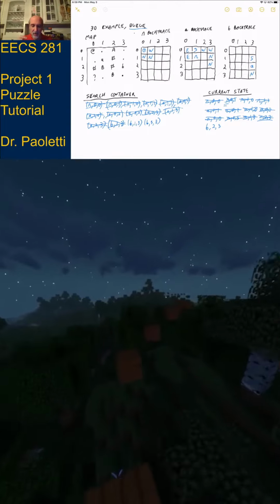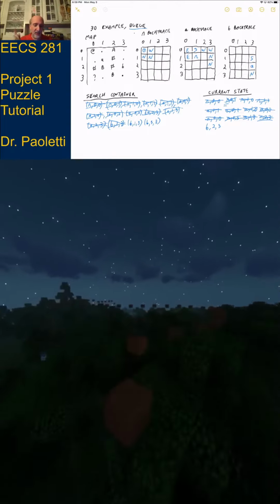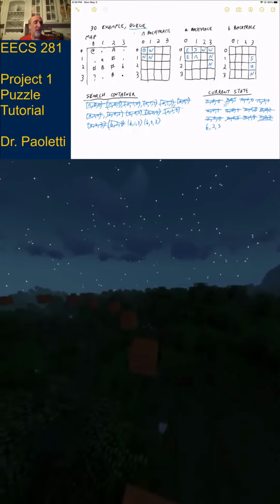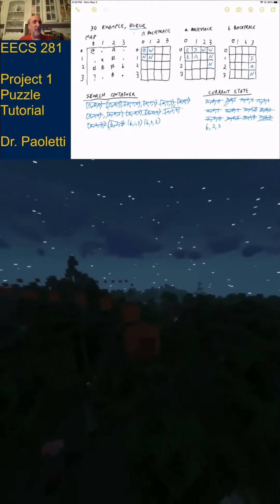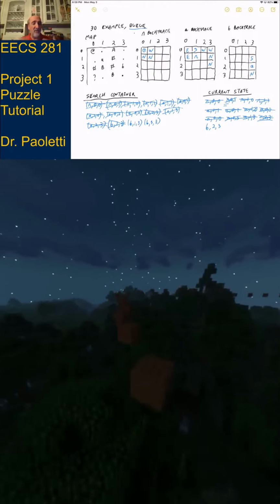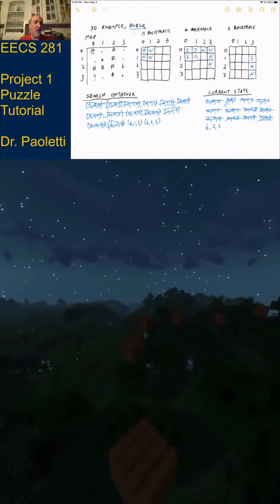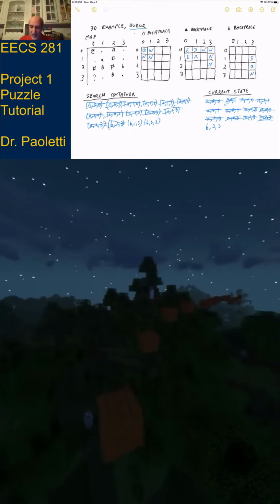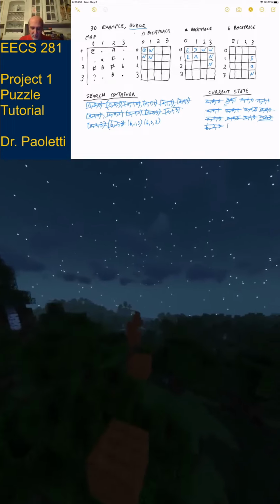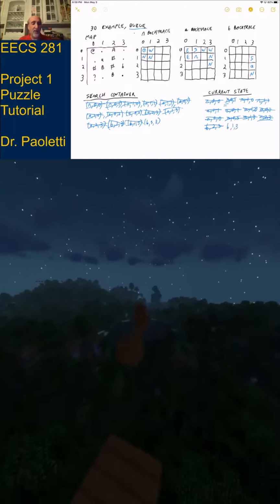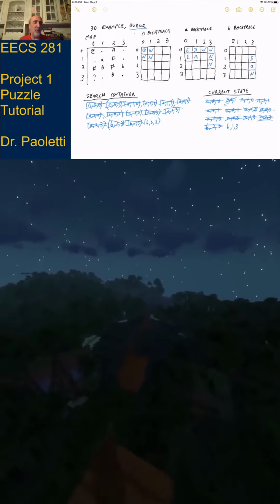West of me does exist. I've never been there before. Oh, but it's a solid wall, because solid walls are solid walls in every color. So can't go there. All right, we've finished investigating B23. Go back through the while loop. While the search container is not empty, get a new current state. B13 looks like it's next. Pop that out, and we investigate B13.